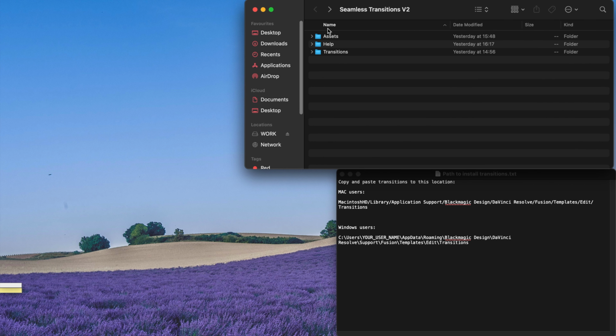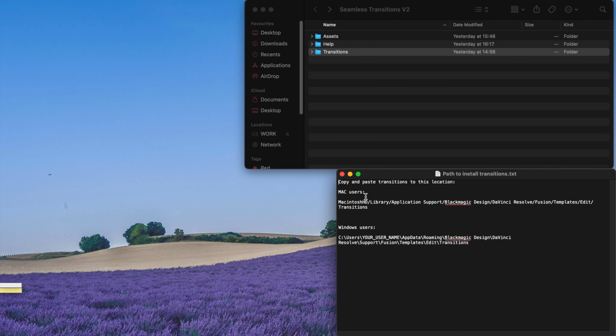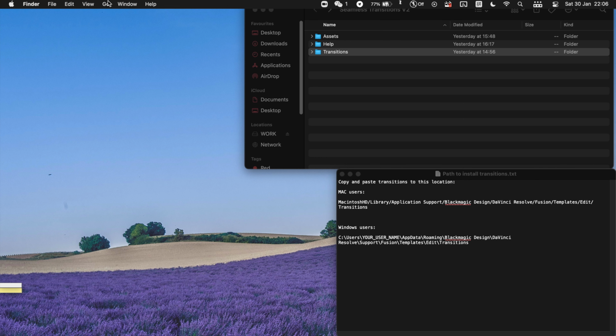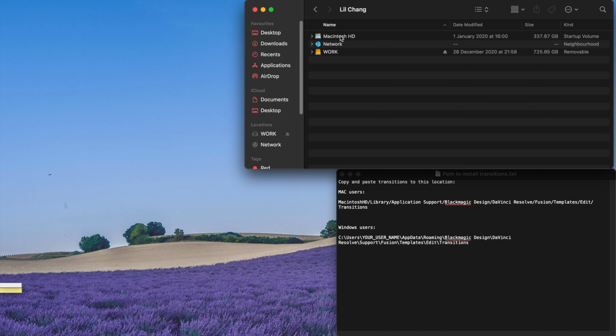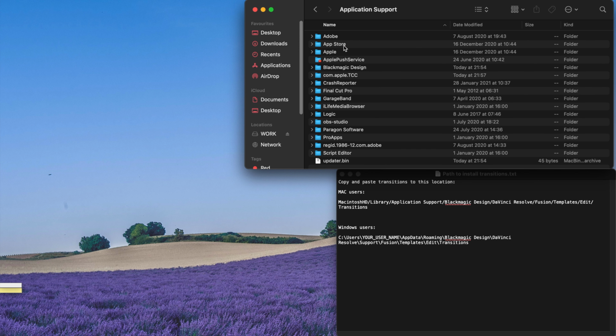So basically, you can just copy this entire file by pressing Command C, and then you can see there's actually a path over here. Windows users, please refer to this path. For Mac users, otherwise, I'm just gonna show you. It's very simple. So first, go to your computer, which is a Macintosh, and then go to your Library, Application Support,